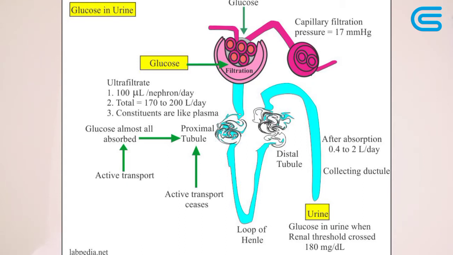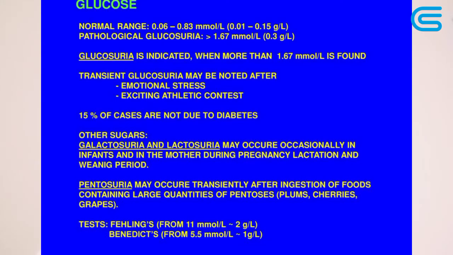But normally very small amounts of glucose are excreted in urine, and these amounts are so little that they cannot be detected by routine urine tests. The recommended amount that should be excreted in urine is less than 500 milligrams every 24 hours. So the presence of detectable amounts of glucose in urine is a phenomenon that we refer to as glycosuria. Glycosuria results if the filtered glucose load exceeds the capacity of the renal tubule to reabsorb. So some of the causes of glycosuria